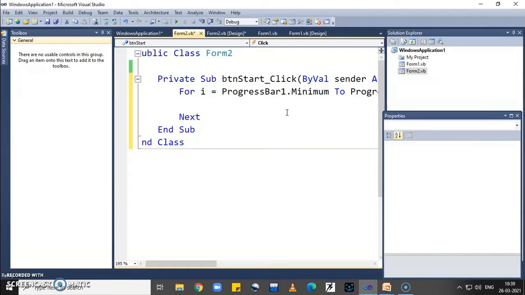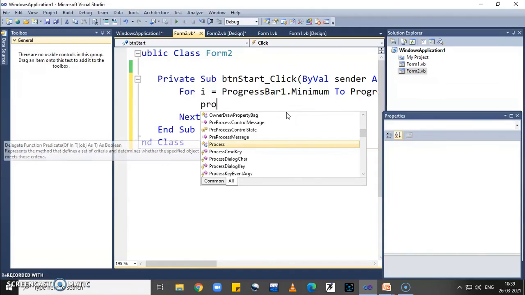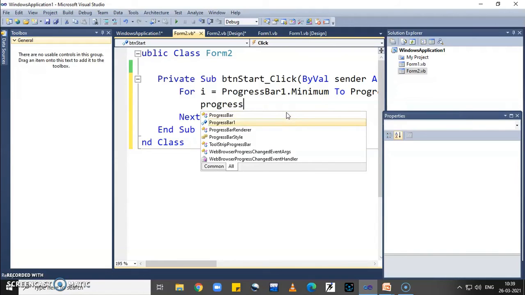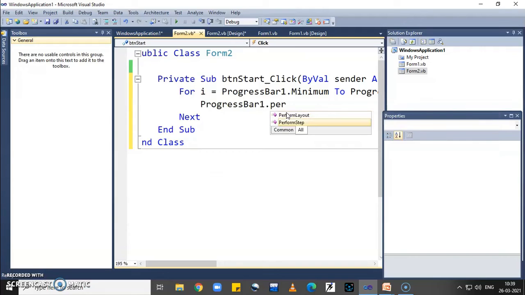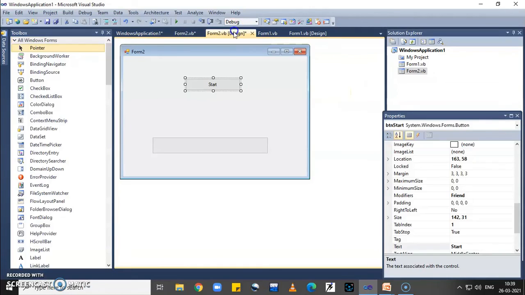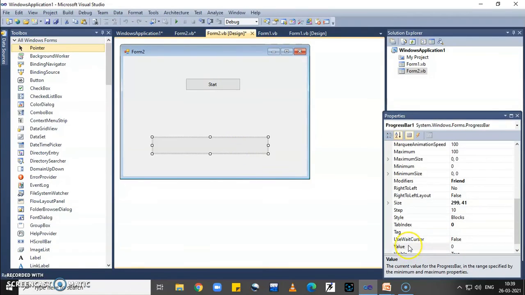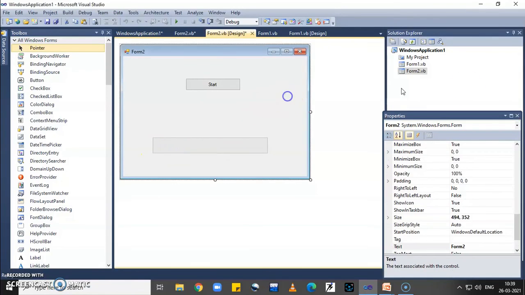In between I just have to increment the progress bar's steps, so I write progressBar1.PerformStep. This method takes a value from the step property which was changed at design time. So here I write the step value as 10. So every time 10 is filled, first 10, then 20.